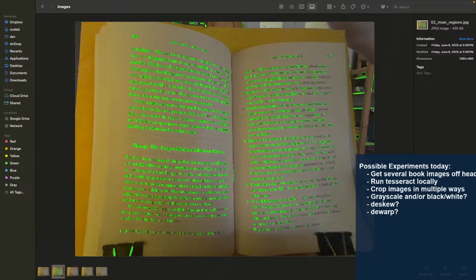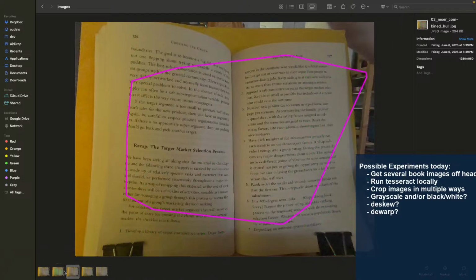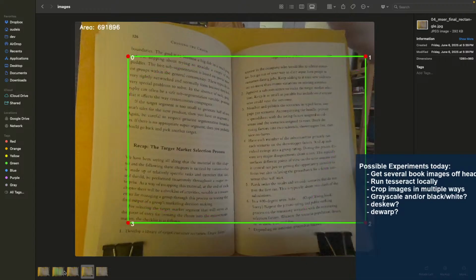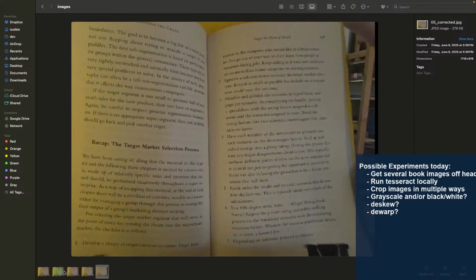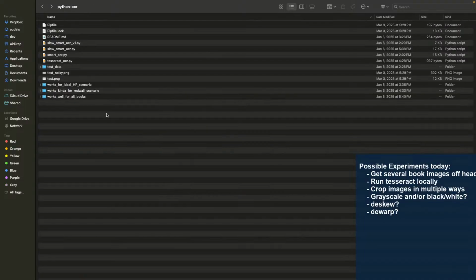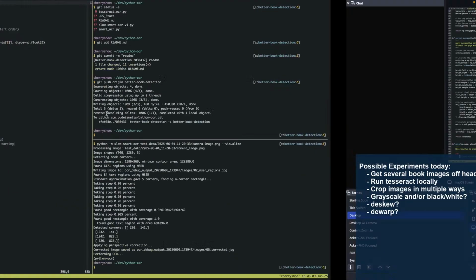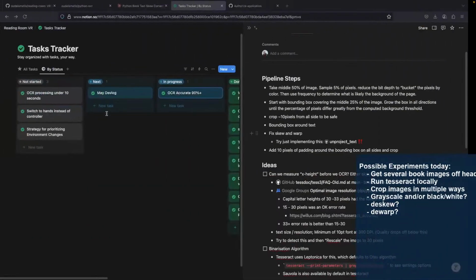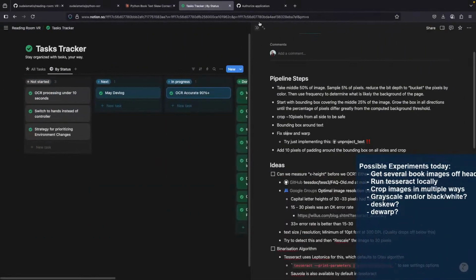You can still see, again, it finds artifacts in the background that it thinks might be text. We draw a bounding box, which is quite goofy and weird, but still, it's the meat of the middle. Draw the box around it, and then when we crop it, again, some things are cut off, but it could be a lot worse. So I decided to table that and not go too much further down that road and start doing some research. And the research I did led me to,